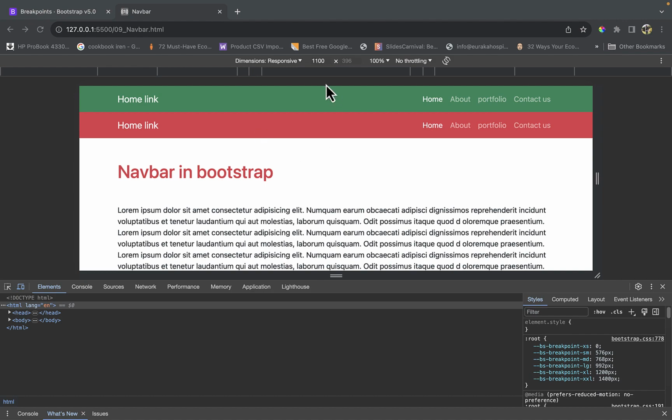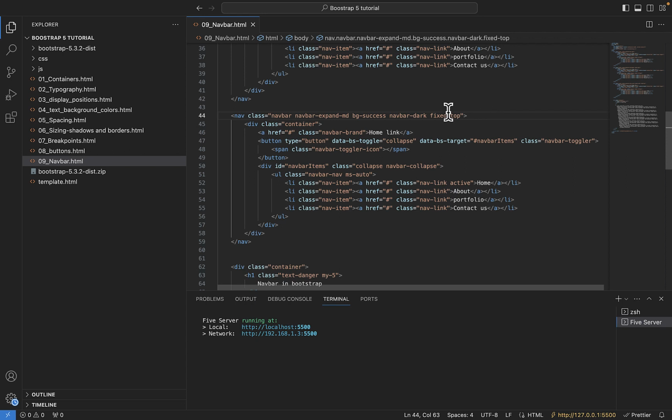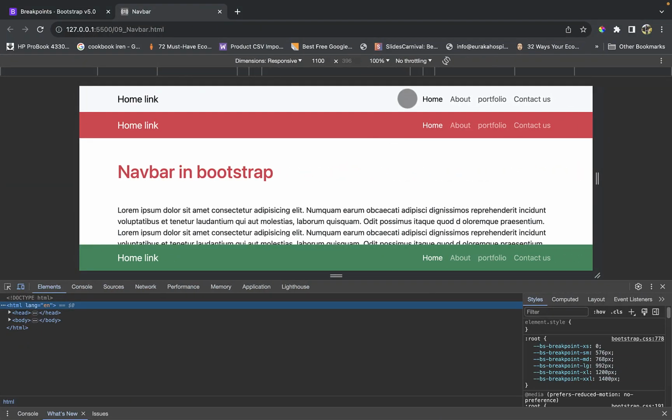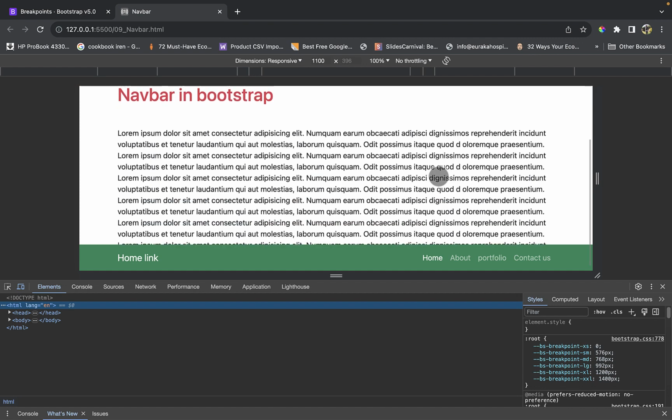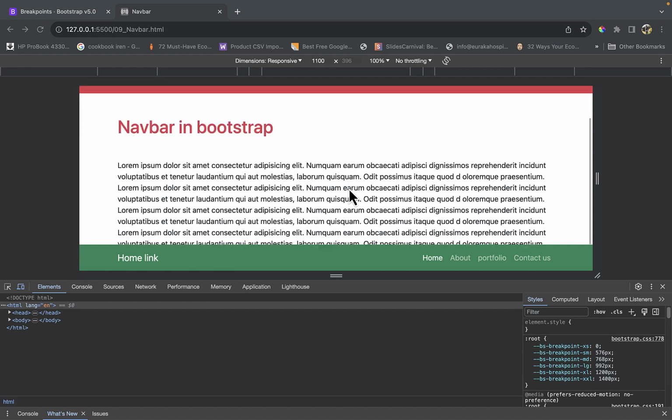And this is now to show you that I can fix it to the bottom. So instead of fixed top, we can do fixed bottom, and you see that one is still there. I've not deleted anything, and it's still at the top, and this one is fixed at the bottom. So that's how you can fix it. And then you can also include on this bottom navbar, let's fix it to the bottom so that we don't lose the one at the top,